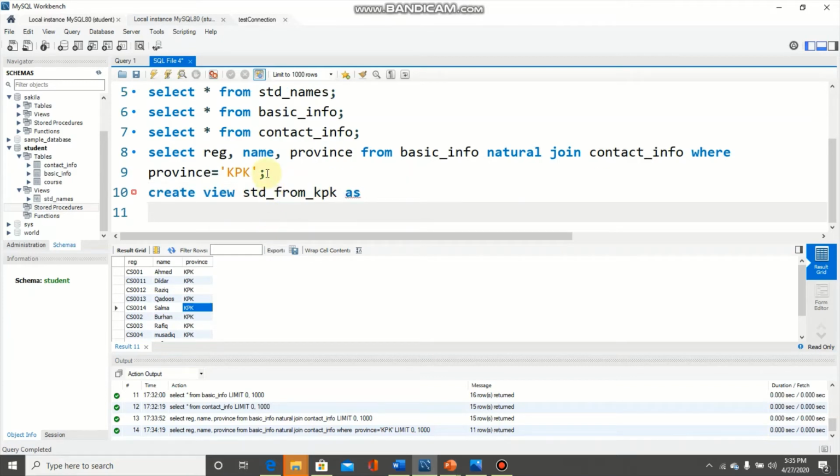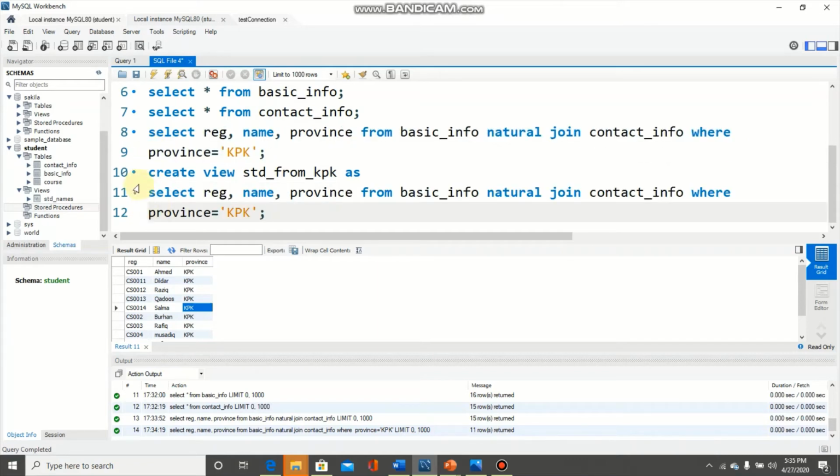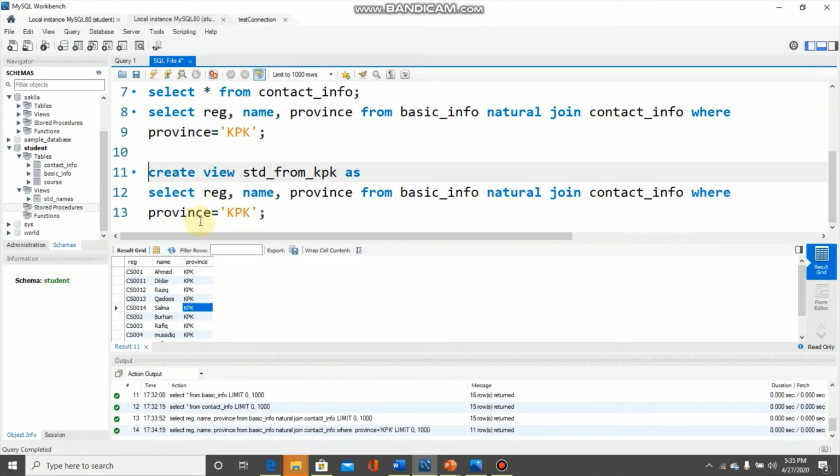After that I need this query to be used in this view, so I'm typing it here. So we have create view std from KPK as, then the select query we used for getting this list. We are executing it, Control Enter.